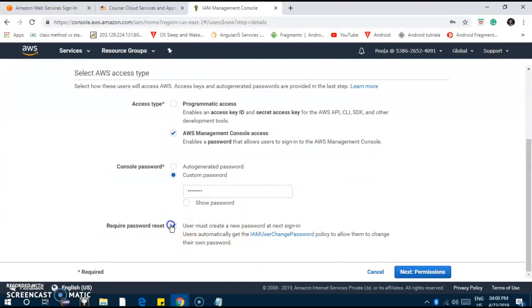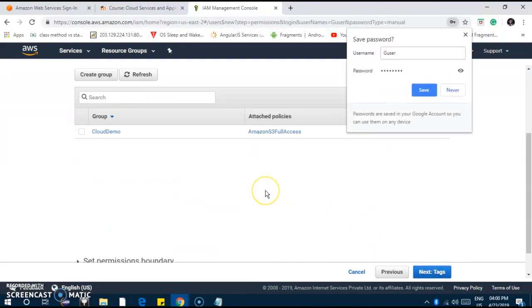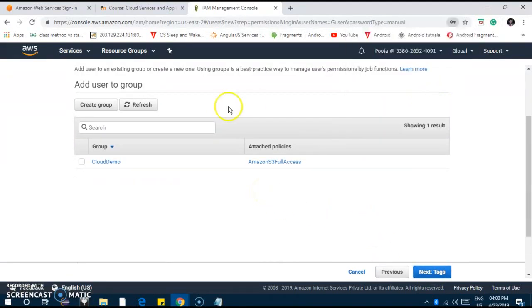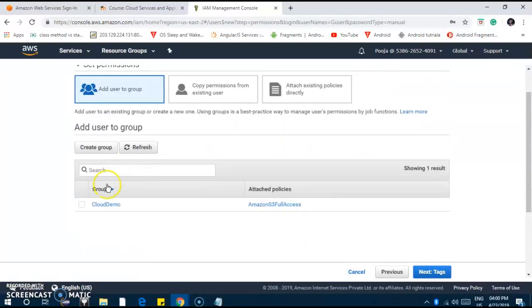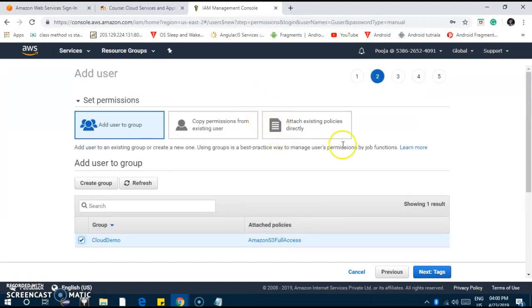I am not going to reset the password. Select the next permission. Here they are going to ask me to include this user in the group which I have recently created, that is Cloud Demo, and obviously I am going to add this user to the Cloud Demo. Go to the next step,